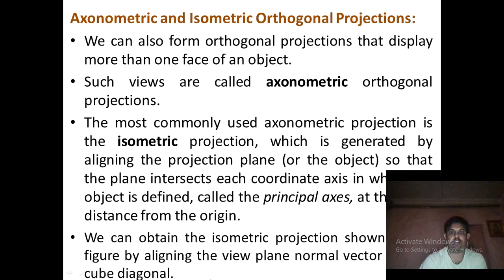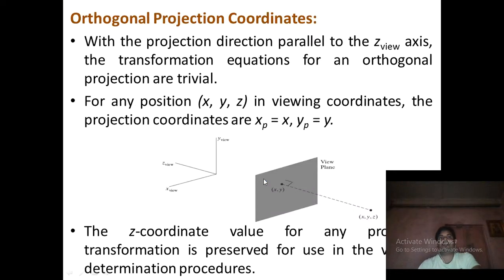This is how to take isometric projection. Then next, orthogonal projection coordinates. Now, orthogonal means only when you want to display more number of faces of any object by using parallel projection, that time only you will go for isometric projection. Otherwise, if you want to take orthogonal, then you go for orthogonal projection, in which the projectors are always parallel to